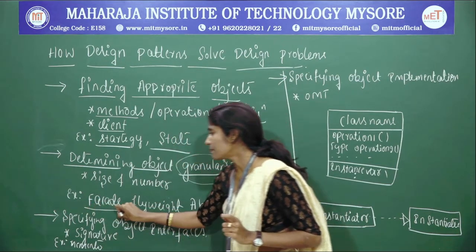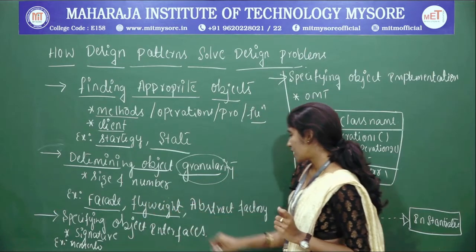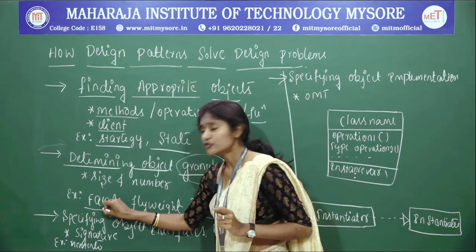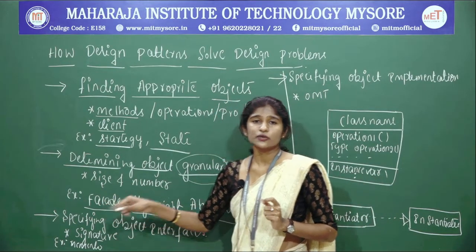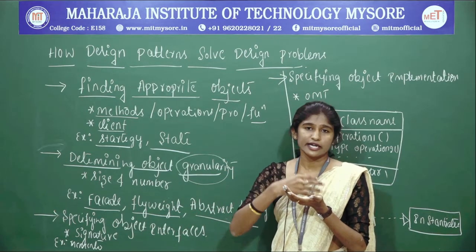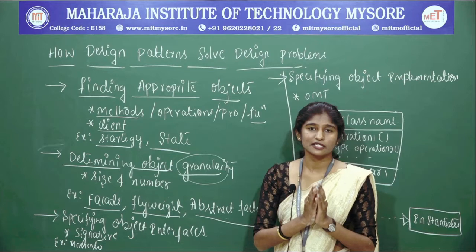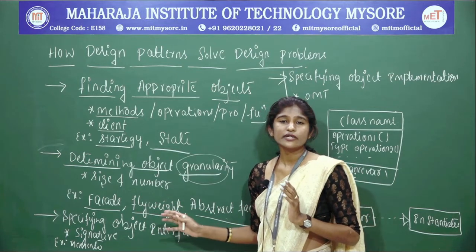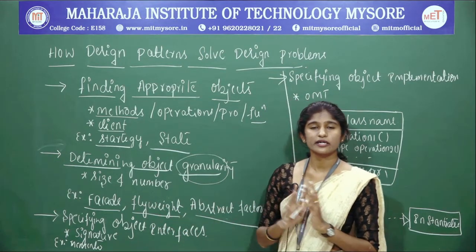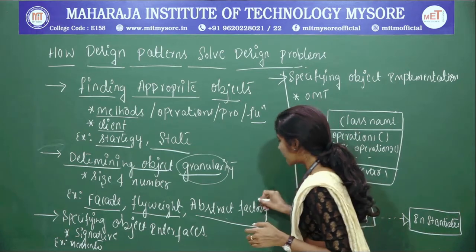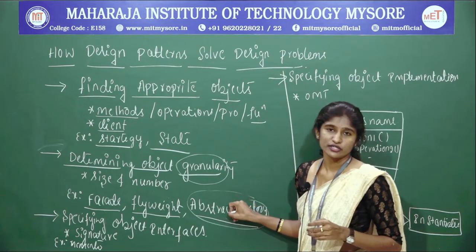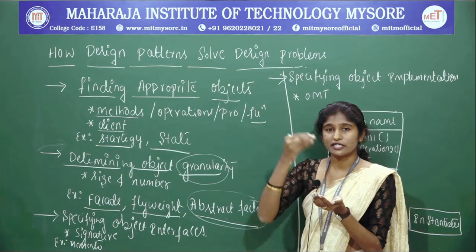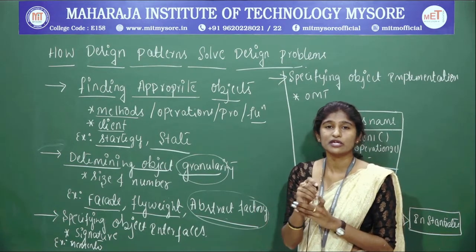For that I have written examples: the facade design pattern, the flyweight design pattern, and the abstract factory. All this I have explained in the previous classes. So the facade design pattern is going to maintain all the objects that are created. All objects which are being created by the classes will be handled with this facade design pattern. And flyweight contains the interfaces for those objects. The flyweight design pattern contains all the interfaces relevant to the objects. And the abstract factory contains the information, the complete internal information. So it is not going to provide you the implementation details.